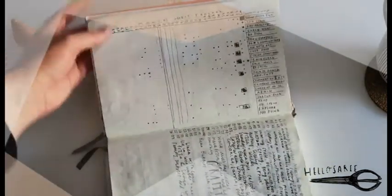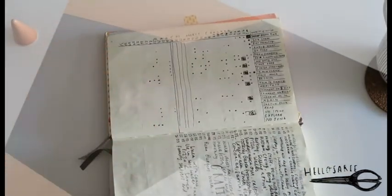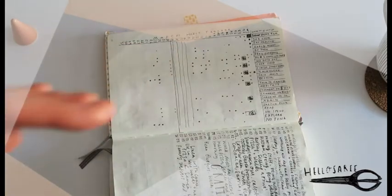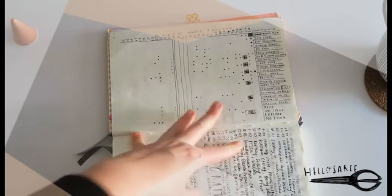So here we get into my habit tracker, and it looks really ugly. Next time I will do the logs on this side and then carry it on over that side, and as I said, I will obviously take a few bits off this. I have